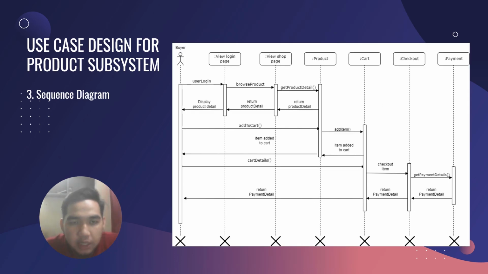So now we move to the last part, which is the sequence diagram. The sequence diagram is very simple. The buyer will first log in to the system, and then they will browse the product at the product shop page, and they get the detail at the product section, and then the system will return the product detail and display it to the buyer. Then the buyer will ask to add the item to the cart using the add item method, and then the item will be added to the cart and